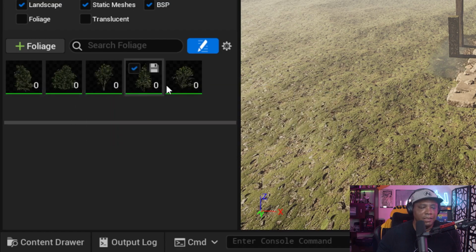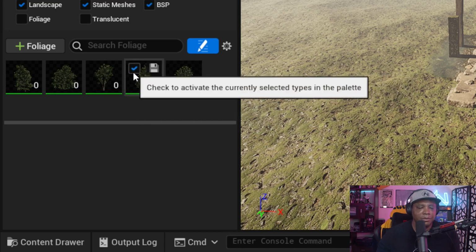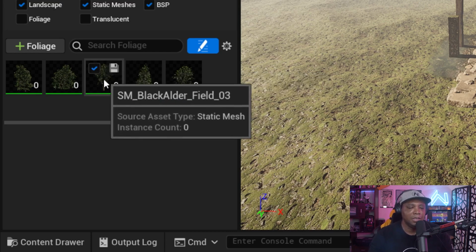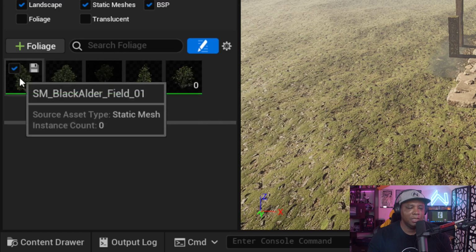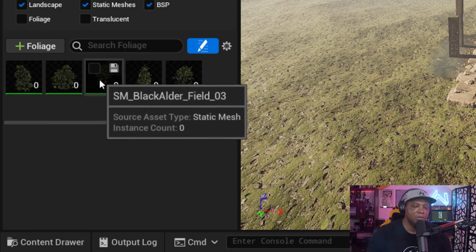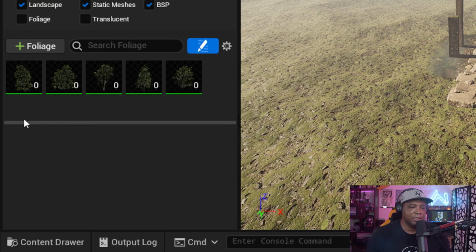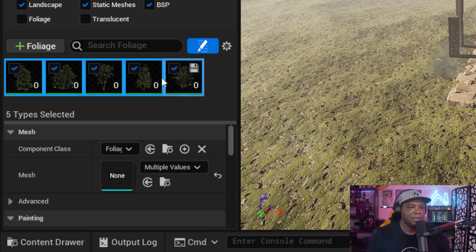But let's say, right now you see a check mark, right? And that blue check mark means that's selected. So if I didn't want a certain tree to work with my paintbrush, I would just select that off. And now only these 4 are selected. It made that a little bit dimmer, but if I select it on, you can see it's brighter, and that means that we have all 5 of these trees that are able to be